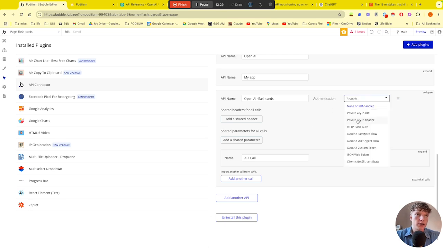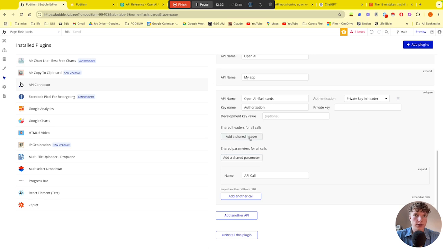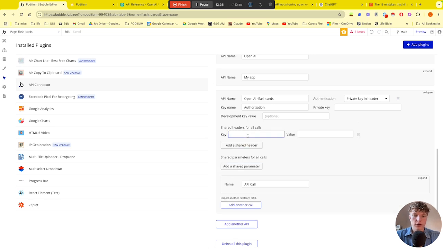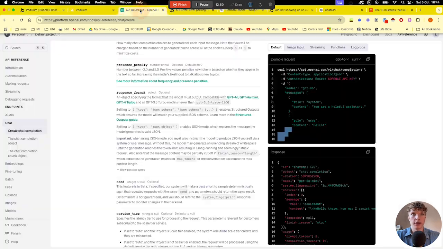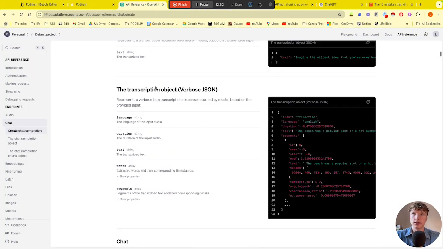So OpenAI's private key and header, and we need to also add a shared header. The shared header is content-type, and then it's application/json. And for our private key here, we're going to want to generate an API key. So if you logged into this